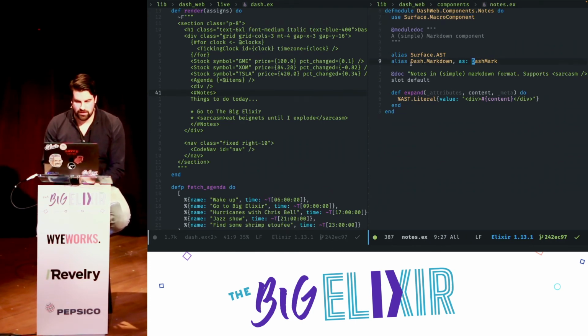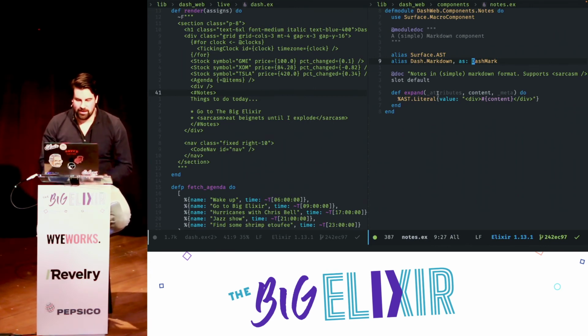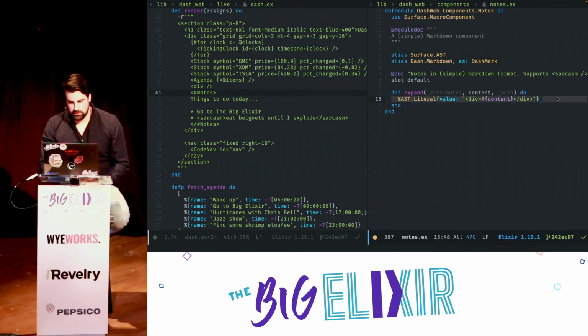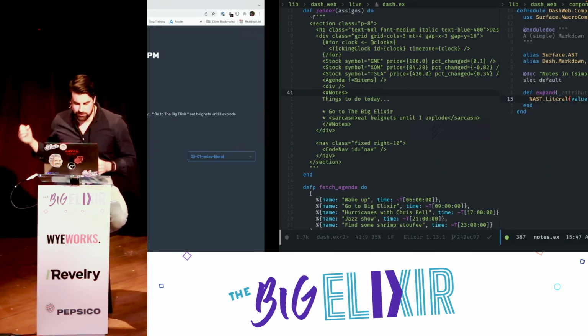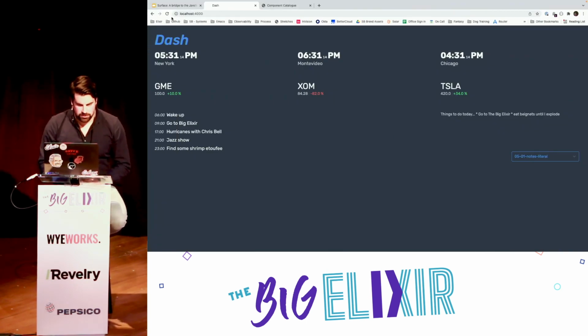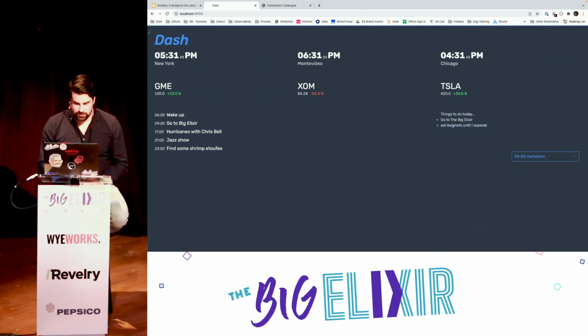And we're going to use, I wrote, because I was avoiding writing slides, a small Markdown compiler for this presentation. We're going to use my Markdown compiler. And just to demonstrate how it might be used, we're going to call it and pass through an AST literal, which is going to pass through exactly what it is. So this is just demonstrating right now that this is now a macro component, but it's still not doing the thing that we want. So now we're going to pass it to be,